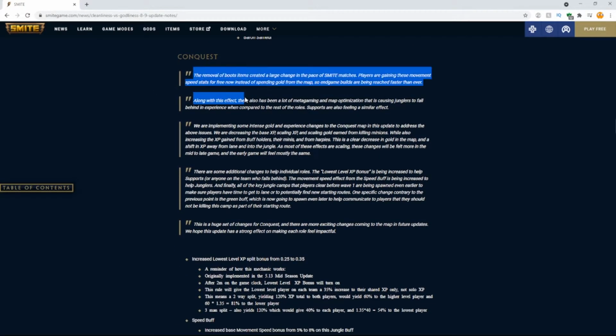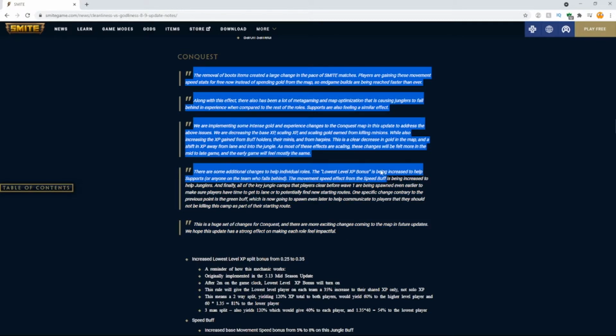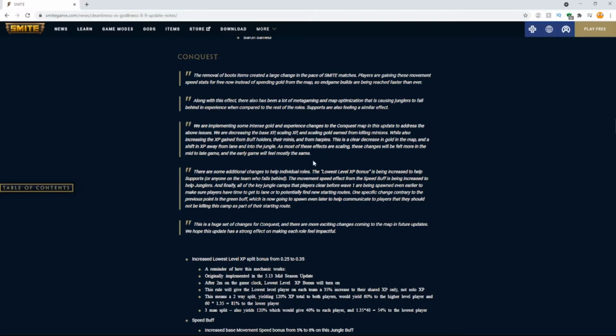Anyway, here's a bunch of things about how boots and such have affected the map. And the basic idea is that supports, and to an incredibly massive and greater extent, junglers are falling behind in experience significantly. They're going to do some things like